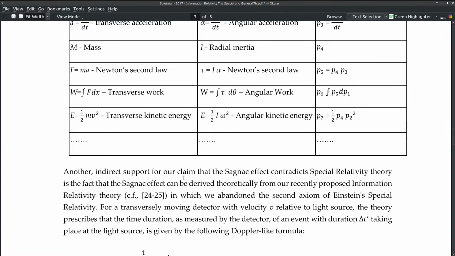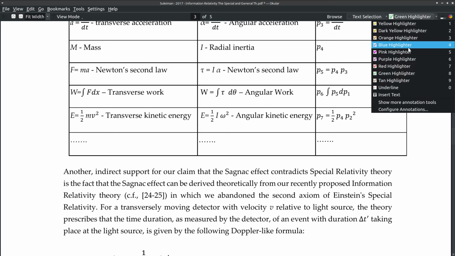Another indirect support for our claim that the Sagnac effect contradicts special relativity theory is the fact that the Sagnac effect can be derived theoretically from our recently proposed information relativity theory. Oh, yay. I'm all for abandoning the second axiom. In which we abandoned the second axiom of Einstein's special relativity for a transversely moving detector with a velocity nu relative to the light source. That's certainly very against SR. That's certainly abandoning the old axiom. It's like literally abandoning the keystone of the whole thing, but okay. Wow. Well, that's